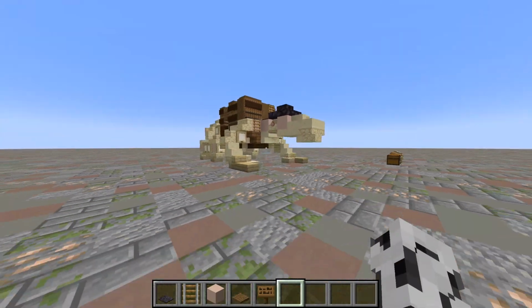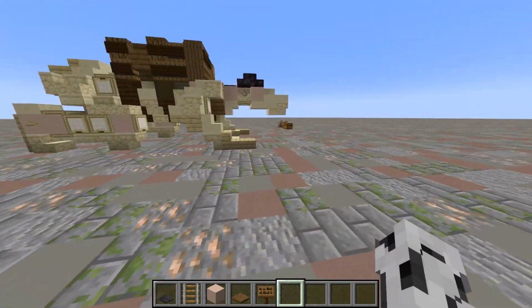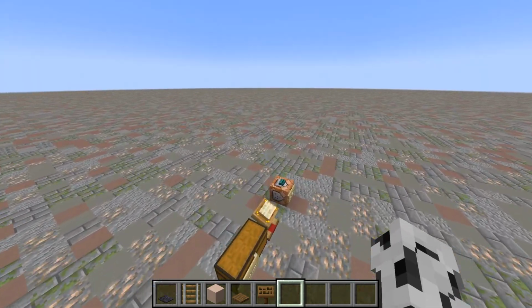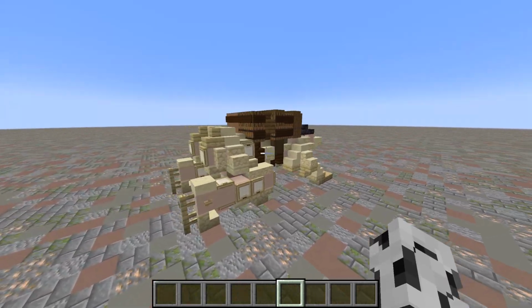That is part 1 of the Cart Titan done. This is the appearance from Season 3, and I will be doing 2 other tutorials for Season 4 Part 1 and then Season 4 Part 2. I'll take a quick 360 view. You can see